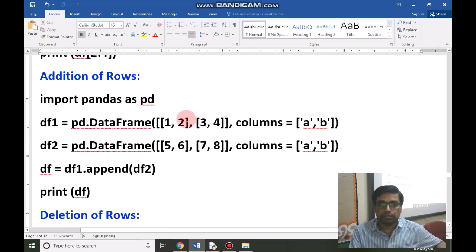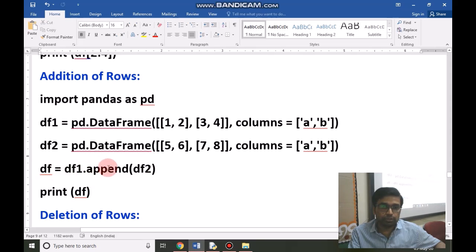A two-dimensional array is passed here in the form of data, and the columns are A and B. In data frame 2 there is also a two-dimensional array, and the columns are A and B. We have given the code df = df.append(df2), meaning we are appending df2 to data frame 1, and it will append data frame 2 below data frame 1.